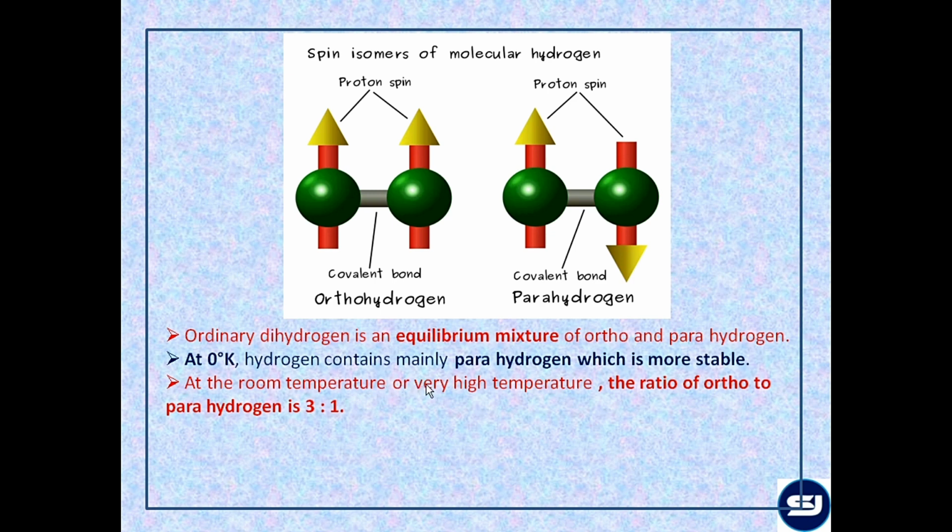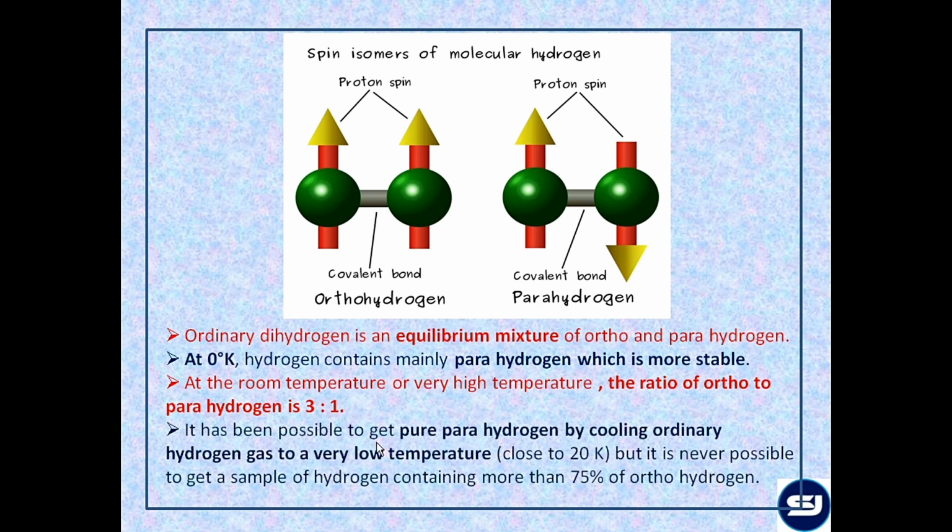At room temperature or very high temperature, the ratio of ortho to para hydrogen is 3:1, meaning 75% ortho and 25% para. So it is possible to get pure para-hydrogen by cooling ordinary gas to a very low temperature, close to 20 Kelvin. But it is never possible to get a sample of hydrogen containing more than 75% ortho hydrogen